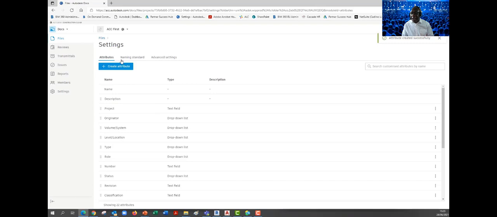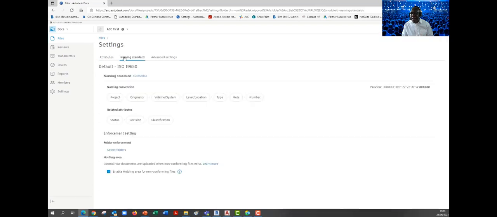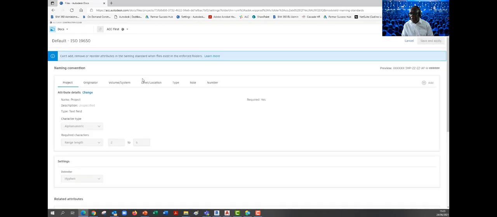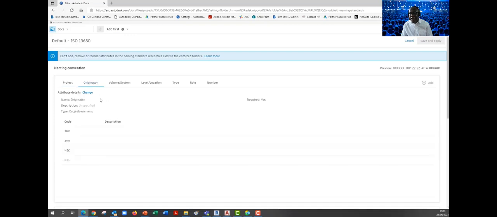So now we can go to the naming standard, and what this allows us to do when we go to customize is we can firstly go into project, and then with any one that we go into, so what that's looking for are between 2 and 6 characters, and then originator, and you'll see that there are a number of different